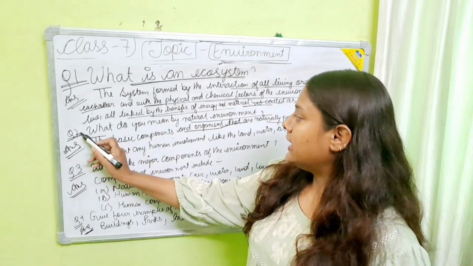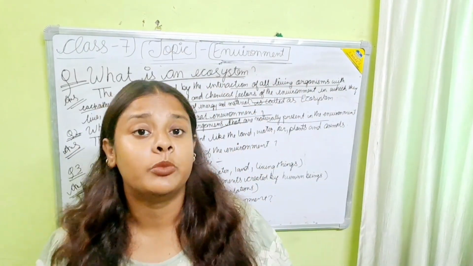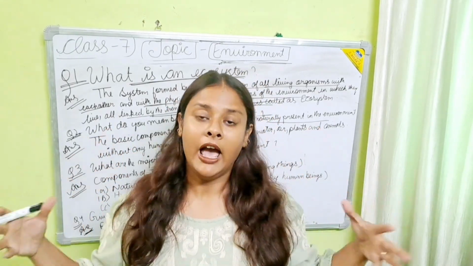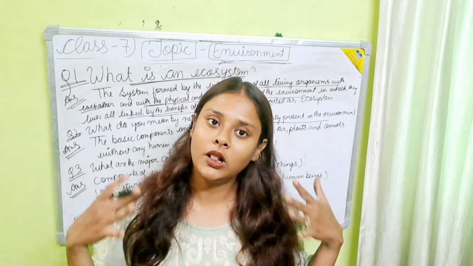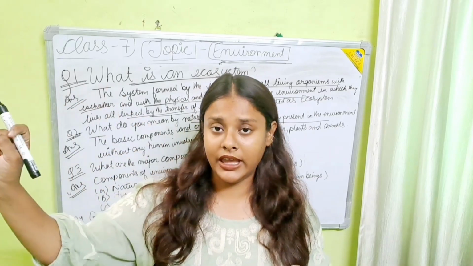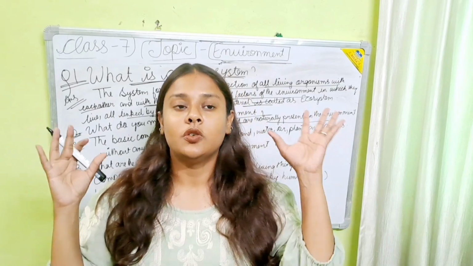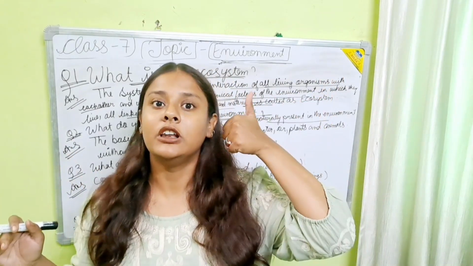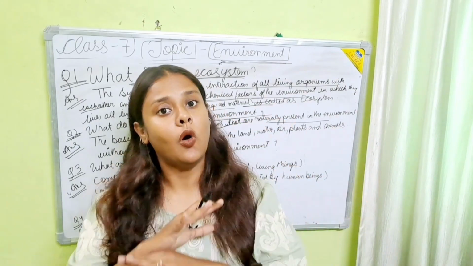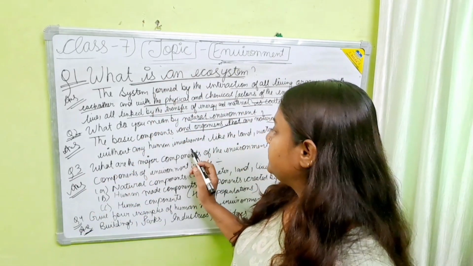When we talk about the second question, what do you mean by natural environment? We have studied that all the things that are present naturally and provided to us by God come under natural environment. That means land, air, water and living things, that is biosphere. When we talk about land, that consists of lithosphere, then hydrosphere, then atmosphere and biosphere. All these four components come under natural environment.